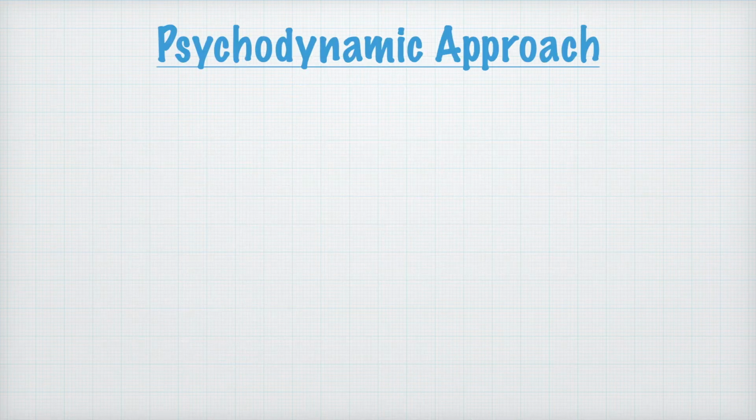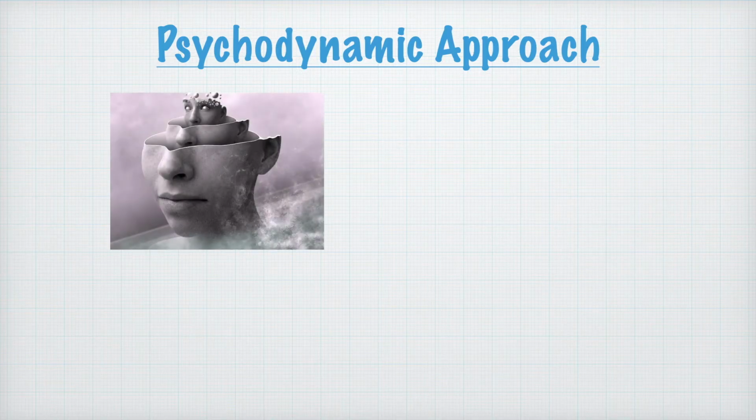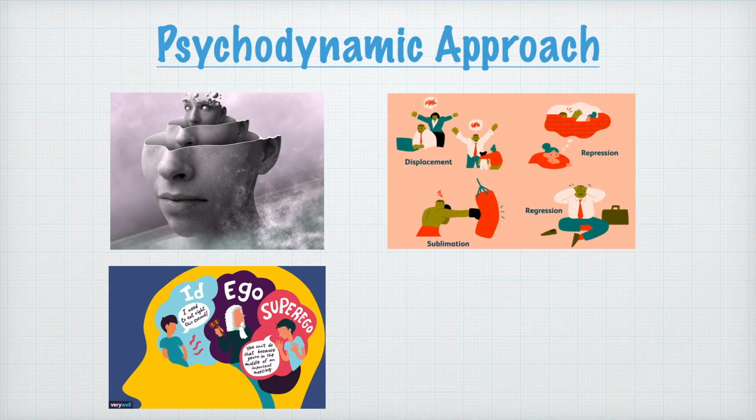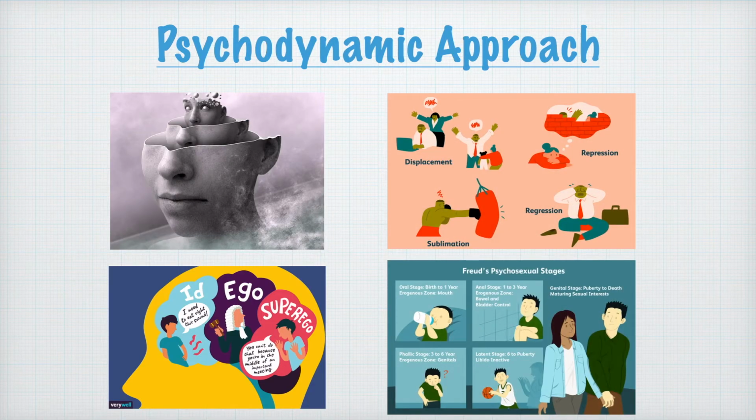Right, just to start with, it's important to remember that the psychodynamic approach has got a lot of content. You've got the unconscious, the structure of personality, defense mechanisms, and the psychosexual stages. There's a lot to say about all of them, but you don't necessarily have to say everything. Very often it's about picking and choosing what things you want to say that are going to get you the marks in the question that you're answering.